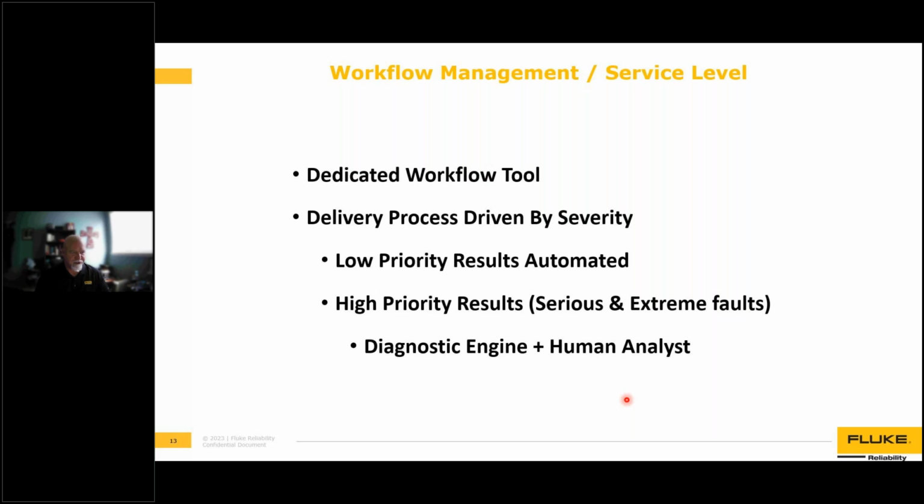But our diagnostic engine, our rule base, all that works together along with human analysts to generate those results out. Very impressed with where we are today and how quickly we've gotten to where we are. A lot of hard work, a lot of our development team has worked in the background to give us the tools and the ability that we have to do